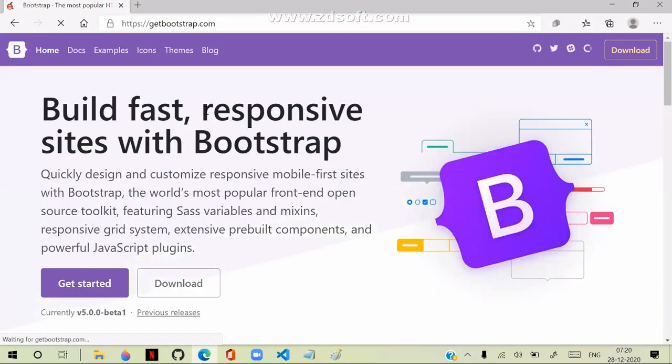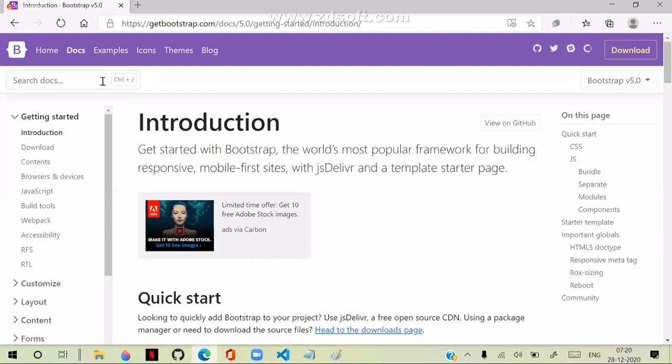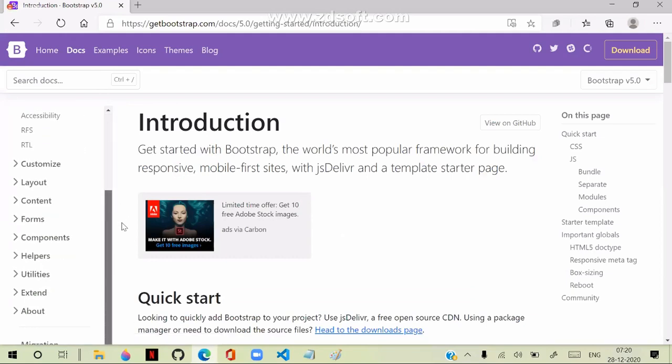Yeah. Now, this is Bootstrap, you already know that. You can see Bootstrap comprises of components. There is a components category.